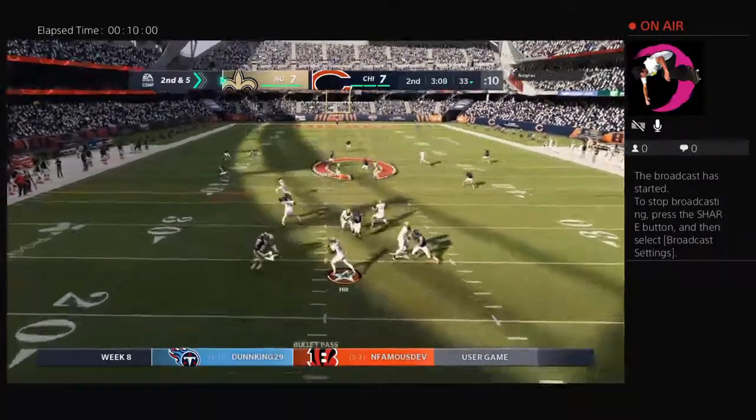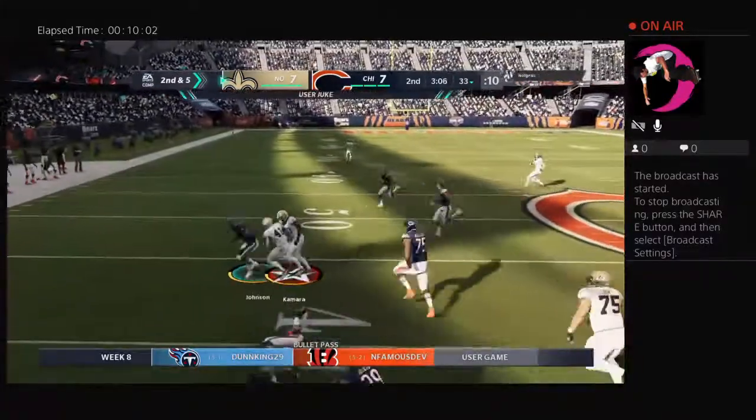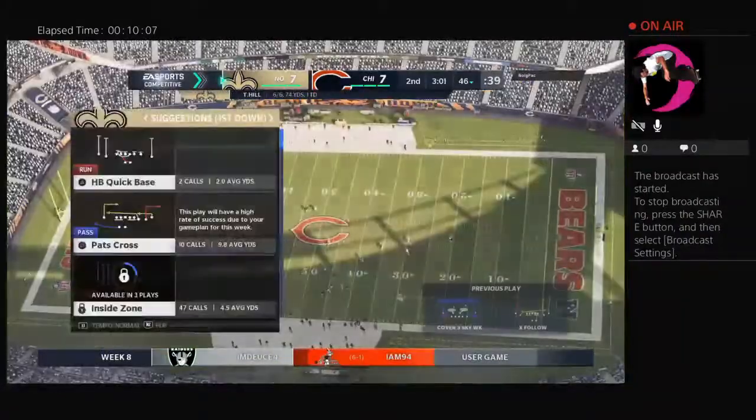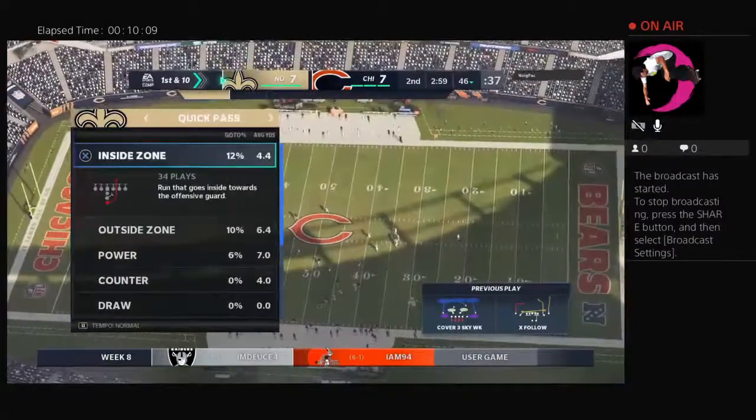Second and 5 now. Hill out of the backfield. That's complete to Kamara, and able to get this one across the 45 before he's brought down. 12 yards there and a